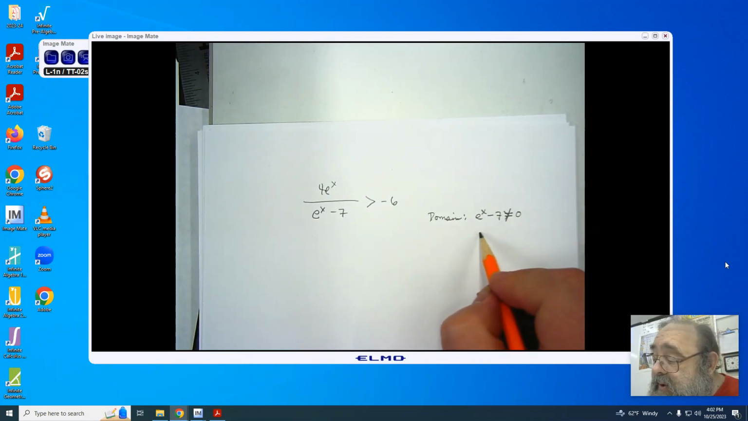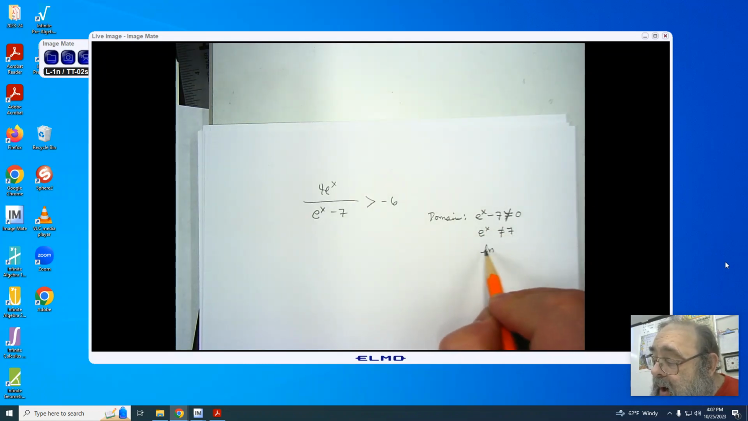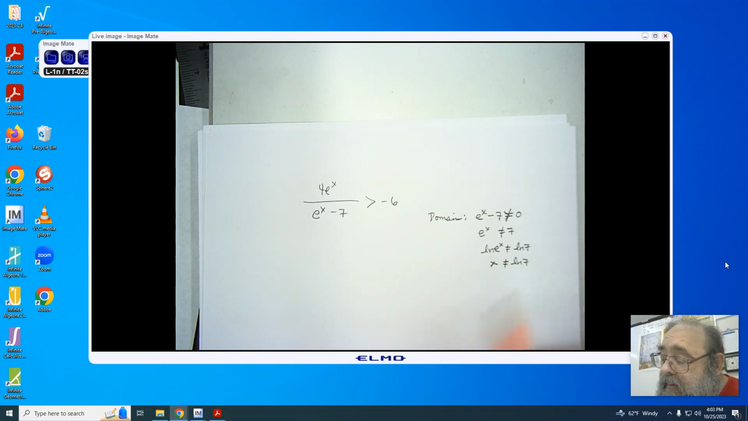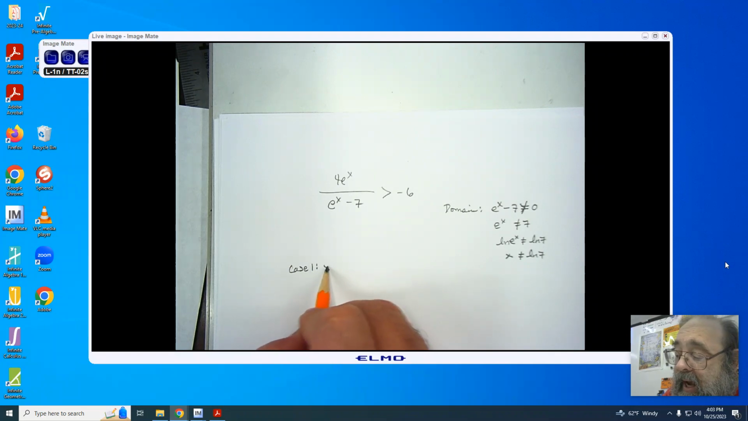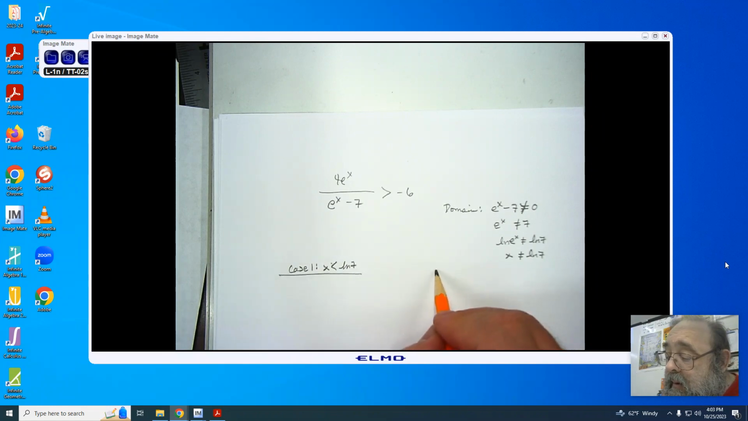If it can't equal 0, then e to the x cannot equal 7. Natural log of e to the x cannot equal the natural log of 7, and therefore x cannot equal the natural log of 7. Two cases. Case 1, x is less than natural log of 7. That will give me a negative. And case 2,